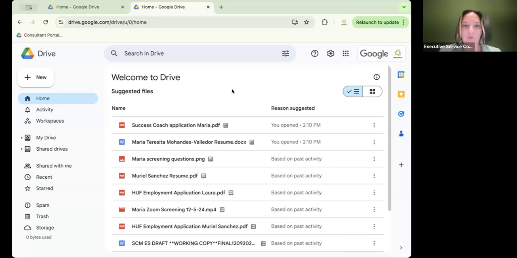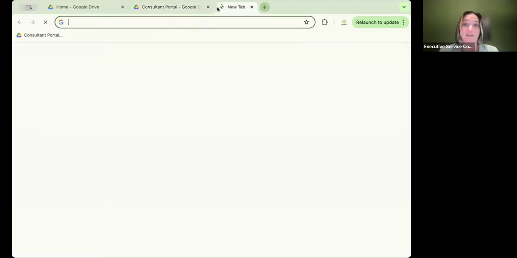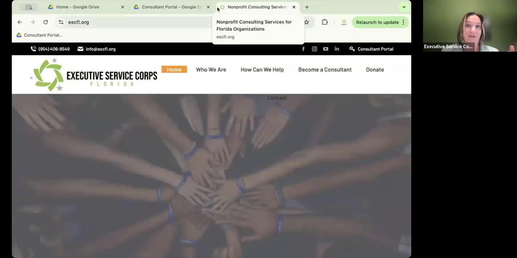And so they were clicking one of those, even though it said it lived under clients and projects, it kept sending them directly to one folder that is nestled under clients and projects. But then whenever they were clicking back, it just kept showing them suggested folders. And so then they got kind of stuck in this loop because they saw the words consultant portal. But that's why you always want to navigate over to Shared with me, consultant portal, or even better, as a guarantee that you will get to the right consultant portal,